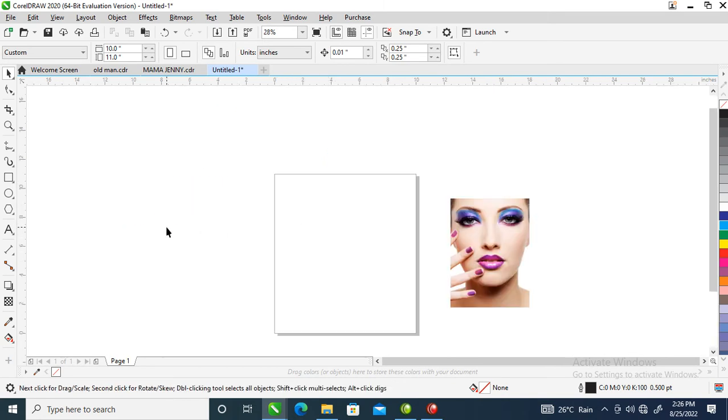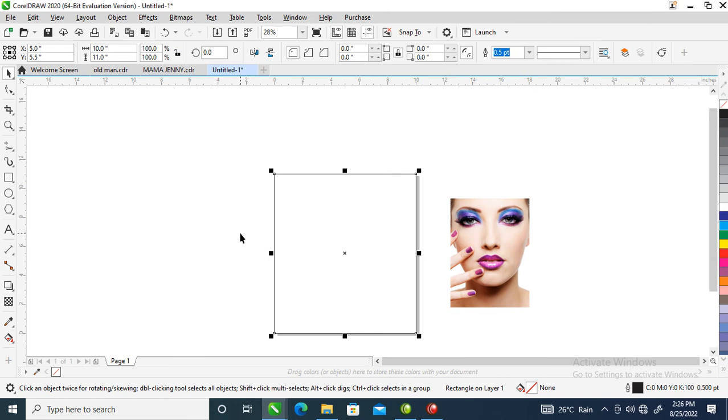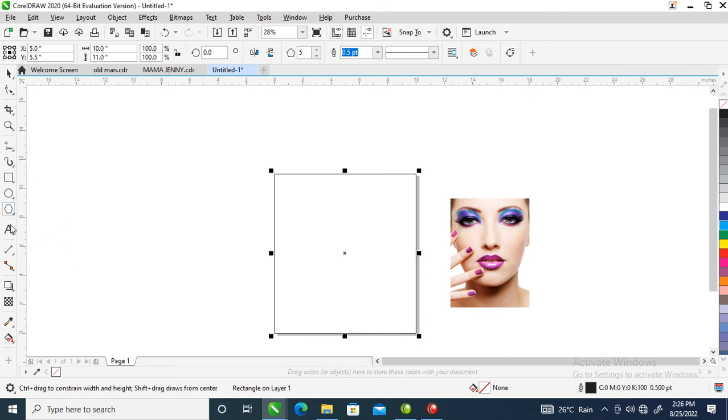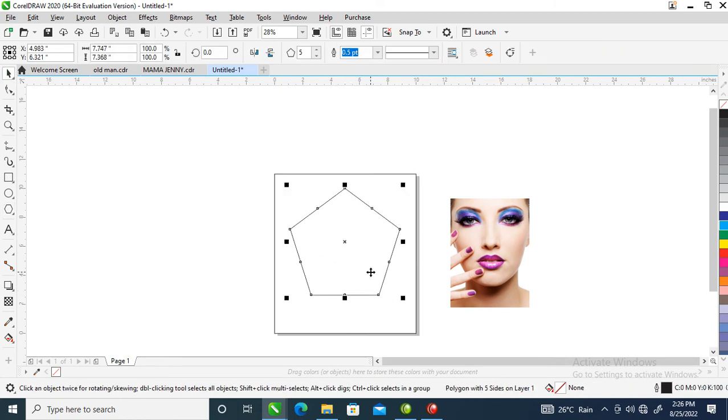Good. Then you go over to your polygon tool. No, first double click on your rectangular to snap right into the page, and then you go over to locate your polygon tool right there. So you go over and hold Ctrl key on your keyboard to draw a perfect polygon object. So right now you go over to the top menu bar to give it, let's make it 6